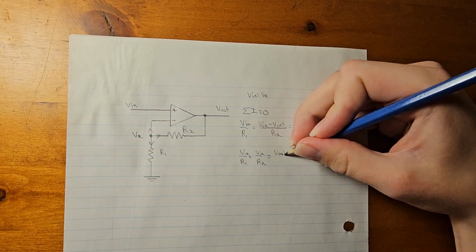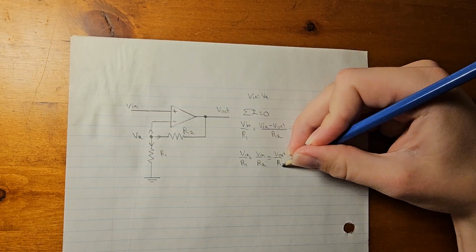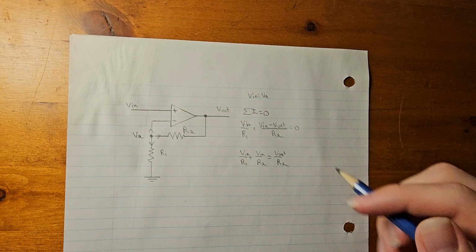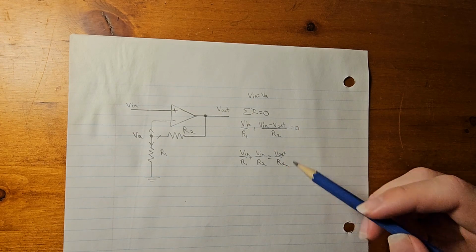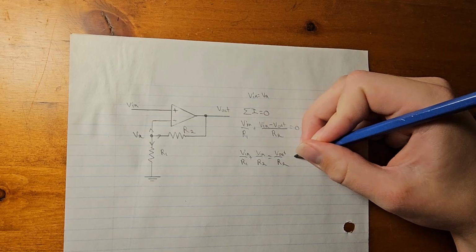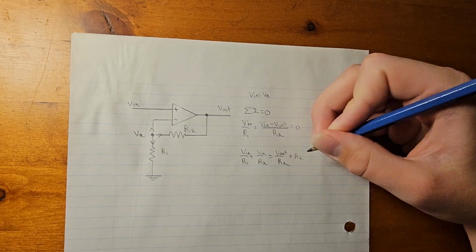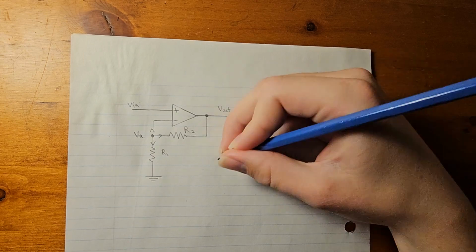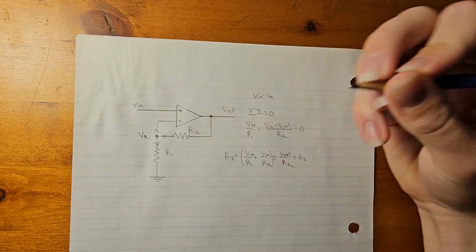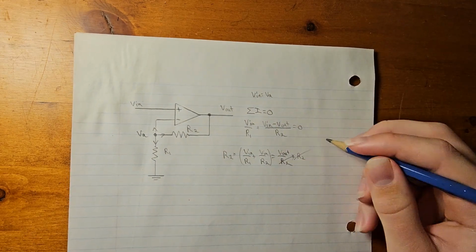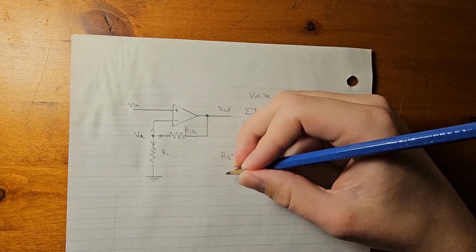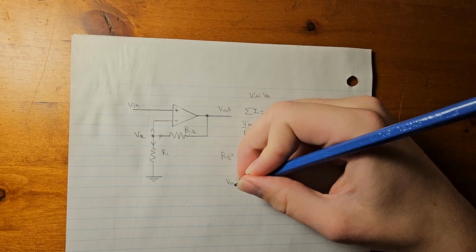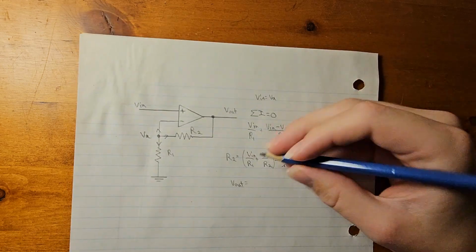To get Vout on its own, we can multiply both sides by R2. As you can see, these R2s cancel, and multiplying this through, we get that Vout is equal to,